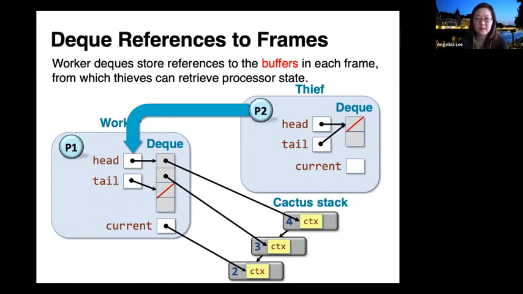So as I said, you can think of the deque containing references to the Cilk stack frame, which contains this context that I just talked about. As each worker spawns, it will store away the execution context before the spawn, and then go ahead and execute the spawned function. The thief, once it steals, takes the stored context, and that's how we resume the execution in the middle of the function. Any questions so far?